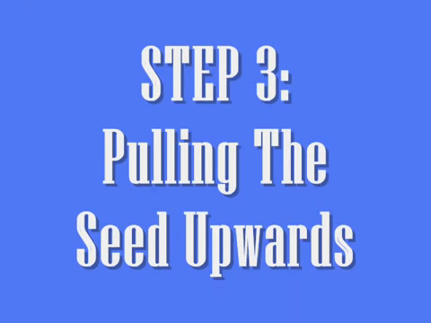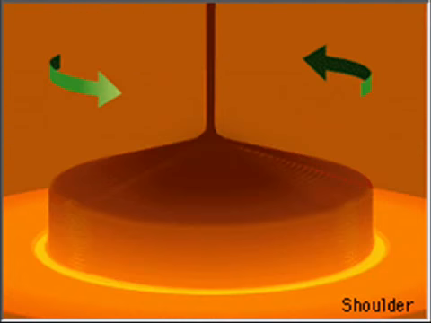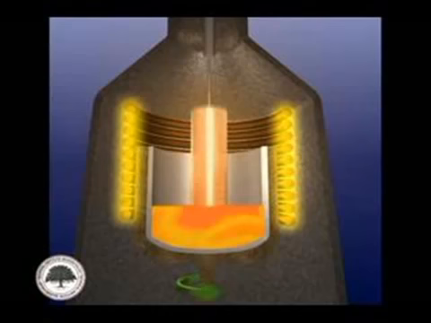Step 3. Pulling the seed upwards. The seed crystal will be extracted from the molten silicon pool, and the rod will be pulled upward and rotated at the same time. During this time, the rod and the crucible rotate in opposite directions to minimize the effects of convection in the melt. In manufacturing single crystal silicon, the temperature gradient, pulling rate and rotation speed influence the size